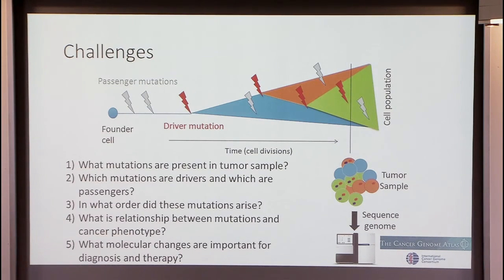These are listed as biological challenges, but they all have a computational component. First, we just bought our fancy sequencer. We've run it through a tumor sample. We just want to know, what are the mutations in that sample? Seems like a pretty simple question. And then we'd want to classify them. Which ones are the driver mutations, the ones that are promoting cancer growth? Which ones are just these random passenger mutations?